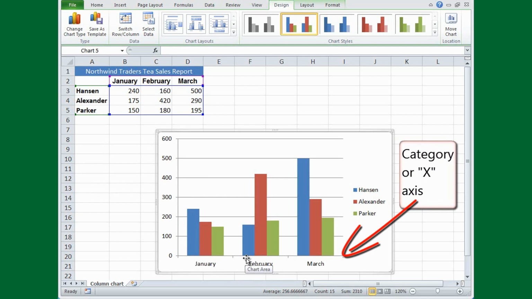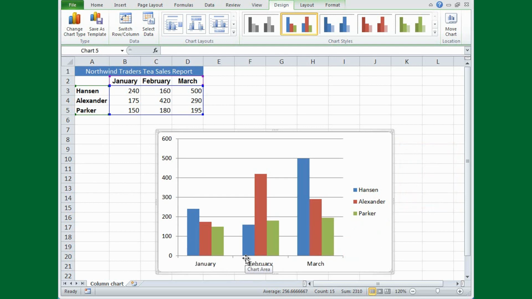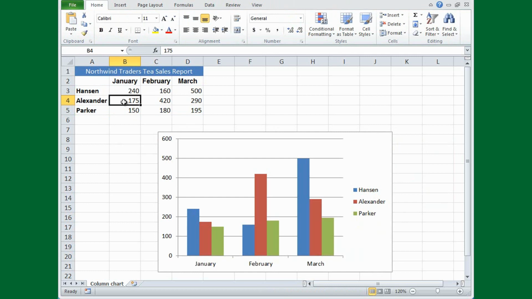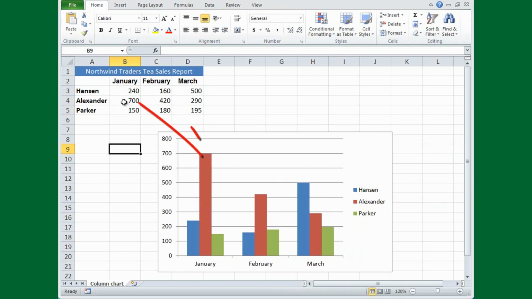By the way, changes that you make to the spreadsheet data after the chart is created are instantly shown in the chart. I'll change the figure in B4 from 175 to 700. Now watch the chart as I press enter, and you see the column for Alexander in January update growing taller. Also, the values on the vertical axis changed from 600 to 800 to adjust for the larger value added to